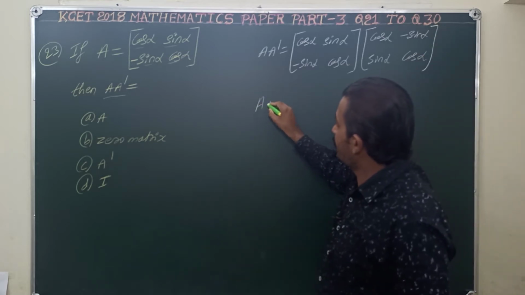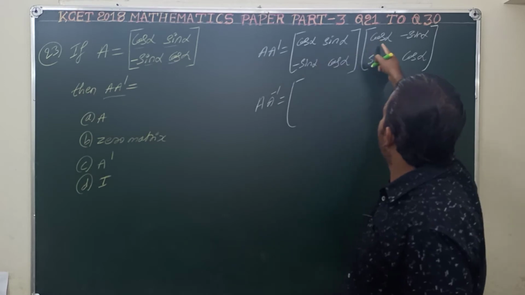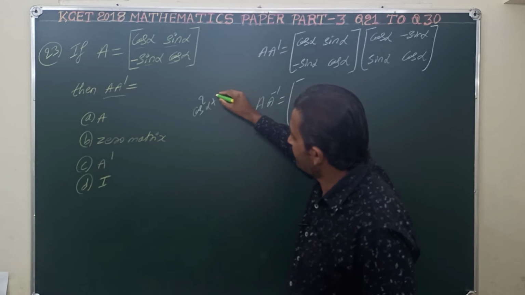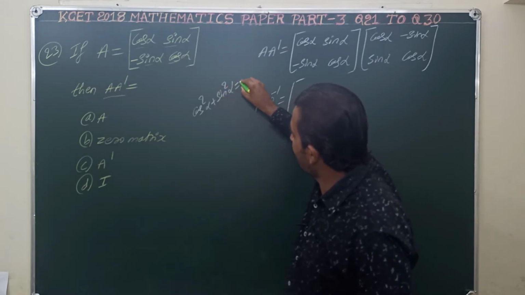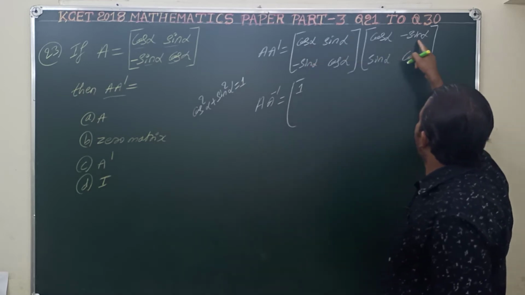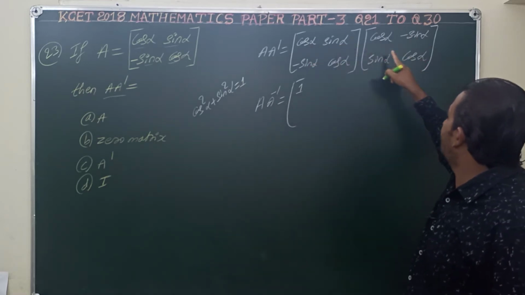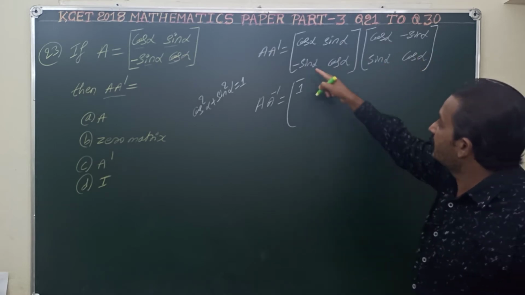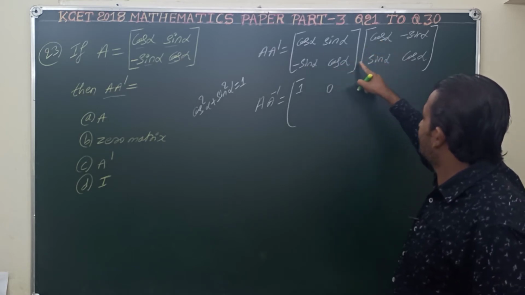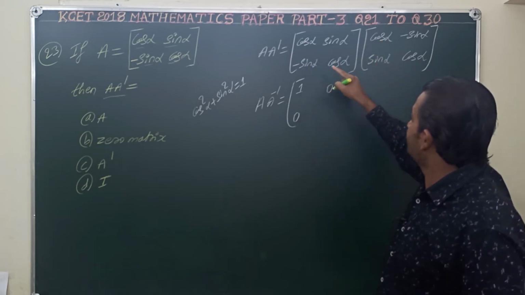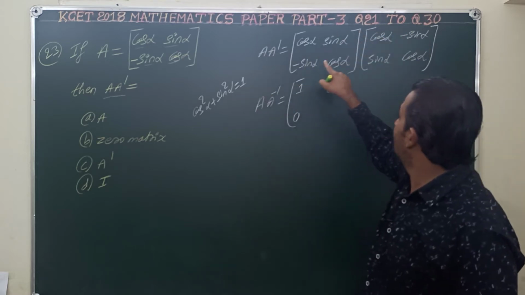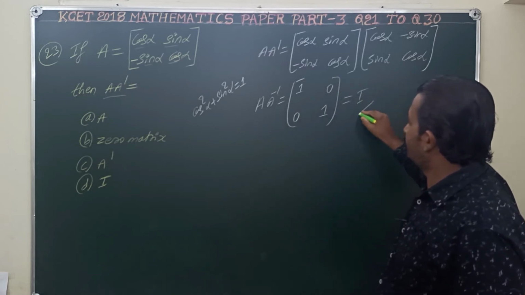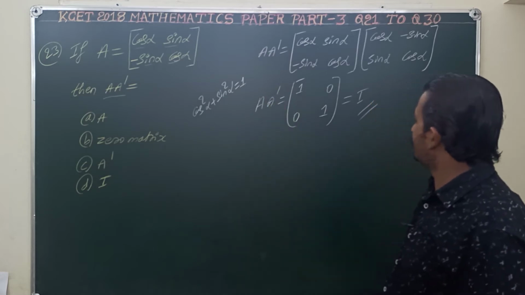So multiplication, we get first row first column cos square alpha plus sin square alpha. We know that cos square theta plus sin square theta is equal to 1. In the same way, cos square alpha plus sin square alpha is equal to 1. This is 1. Next, cos alpha into sin alpha minus sin alpha into cos alpha, plus same quantity opposite sign, cancel each other, 0. Here also, same sin alpha cos alpha with opposite sign, minus plus cancel each other. Next, minus into minus plus sin square alpha plus cos square alpha equal to 1. This is identity matrix I. So A into A transpose is equal to I.